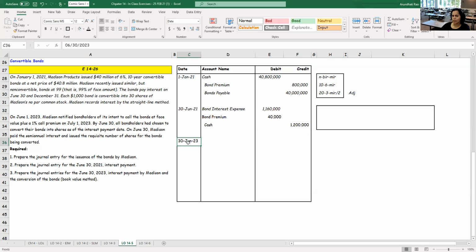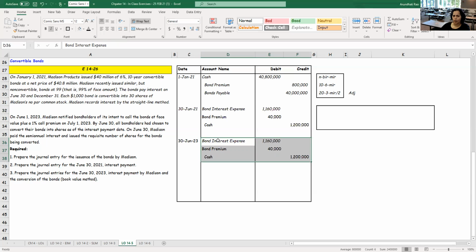Journal for interest payment is very easy. It's identical to what I had before. So I'm just going to show you what those numbers are. Bond interest expense debit, bond premium debit, cash credit. It's going to be no different than what I had before. Okay. Now, let's get to the